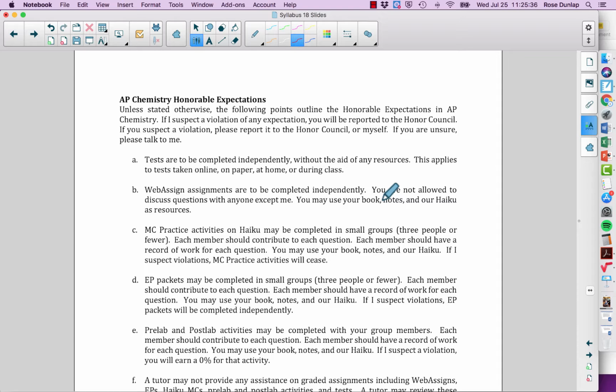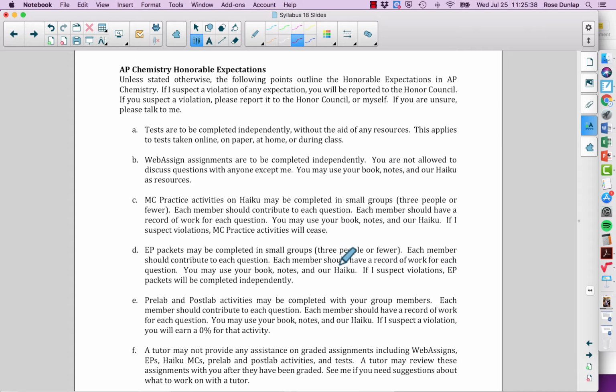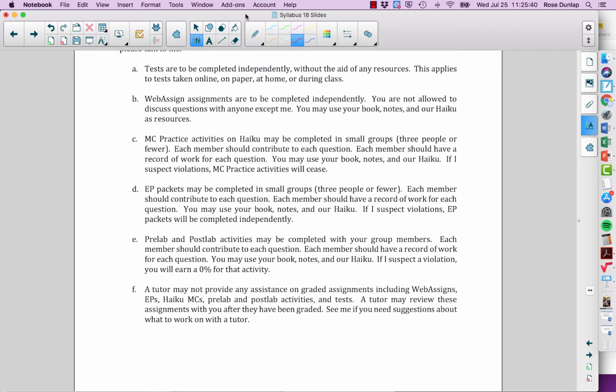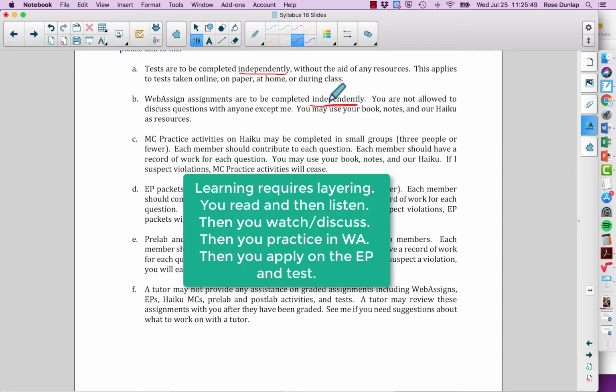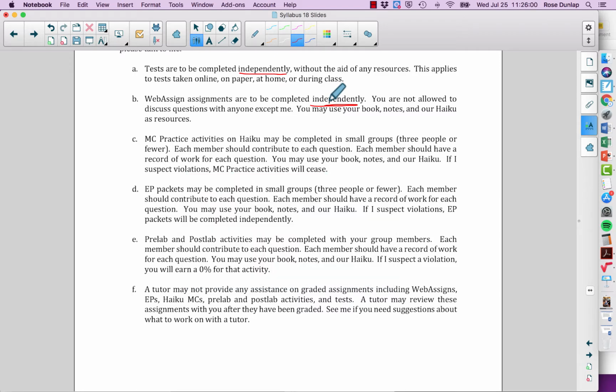Honor expectations, also the same as last year, but just to refresh your memory. Tests are independent assignments. Web assigns, also independent. And this is important because WebAssign is the first go-round in a chapter, which means WebAssign is the place where you master all of the basic skills that you need. If you can't do it by yourself, then working in a group is not helpful to you. All you're going to do is take everybody else's knowledge and probably just write some answers on your paper,